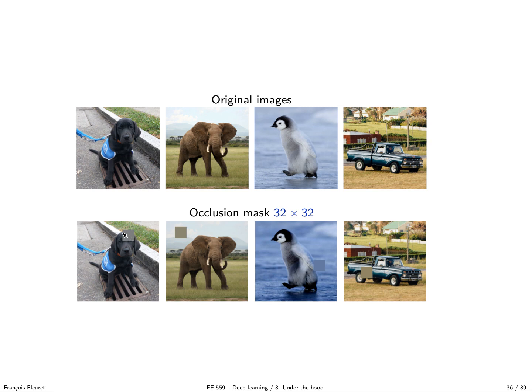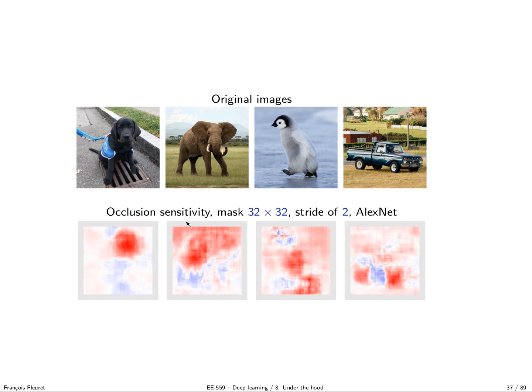We take the full image, run it through the network, pick the maximum responding unit, and now we are going to move this square mask through the image at every single location and compute the response of the same unit that we picked. Which means that for every location in the image, we have this delta between the original response and the response with the box at this location. I insist.